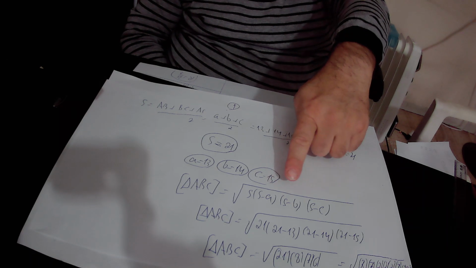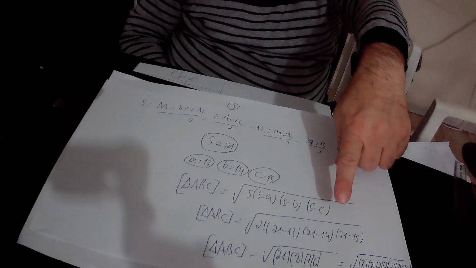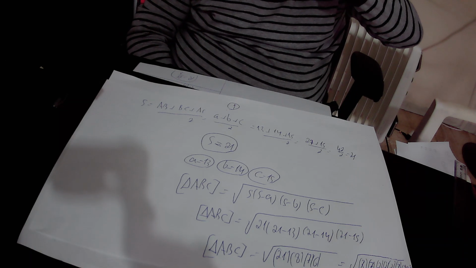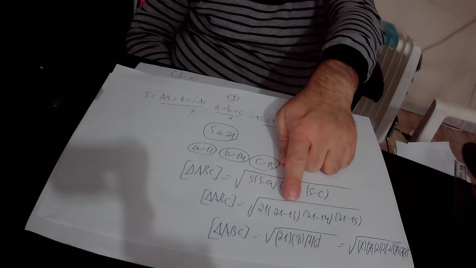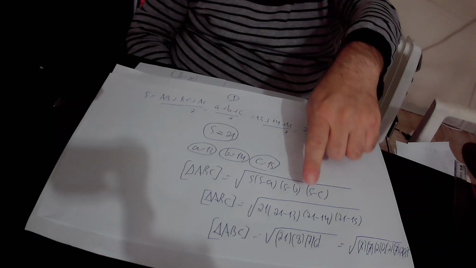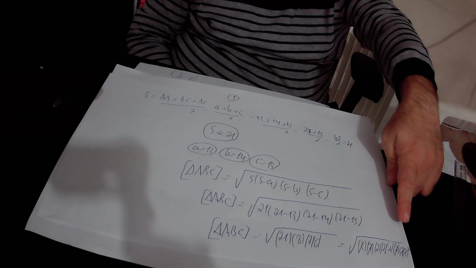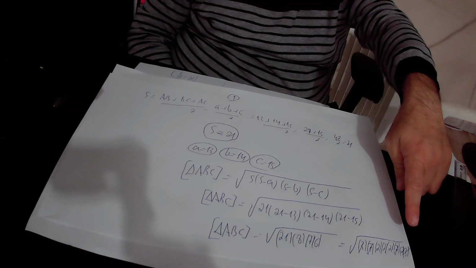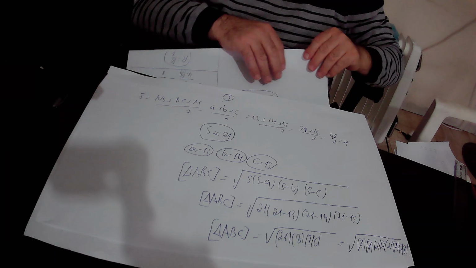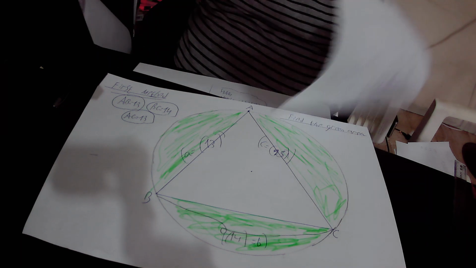So here, 21 minus 13 is 8, 21 minus 14 is 7, and 21 minus 15 is 6. Then we substitute 21 by 3 times 7. We substitute 8 by 2 times 2 times 2. Here we have 7. And we substitute 6 by 2 times 3. So in total we found that the area of this triangle ABC, according to the formula,